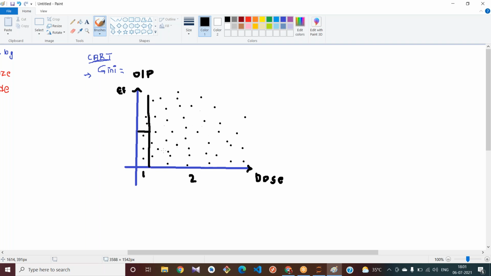And in this whole part, again it tries to split if the dose is greater than some 10% or some 30%. And again it tries to split this data. Basically, based upon some values of doses, it tries to split your data.